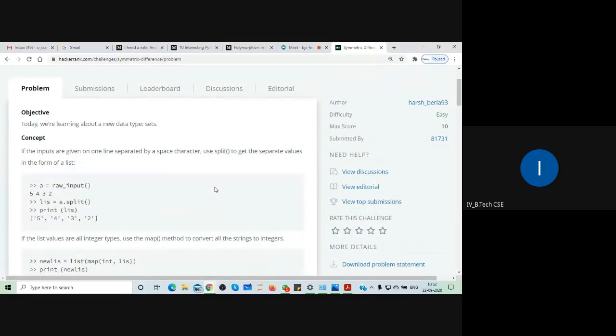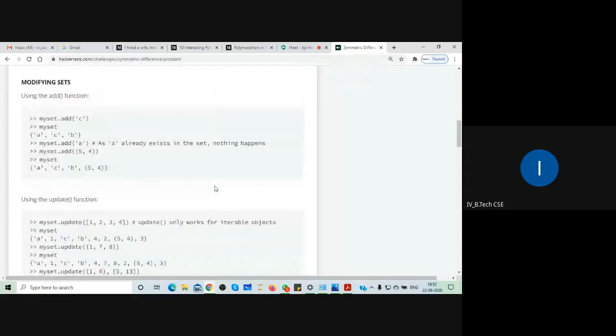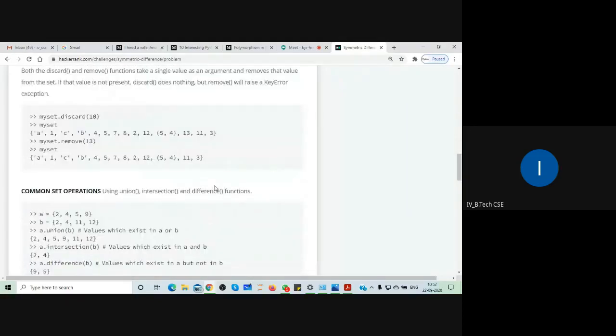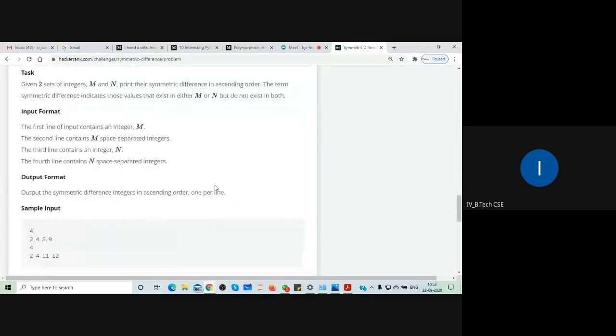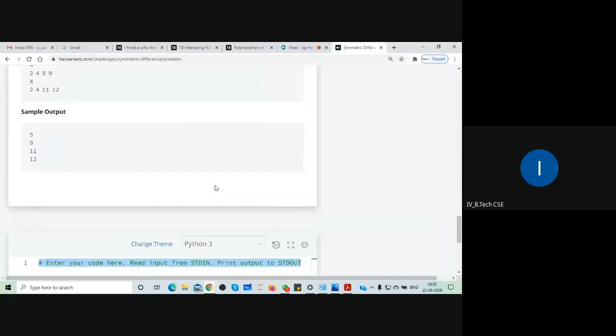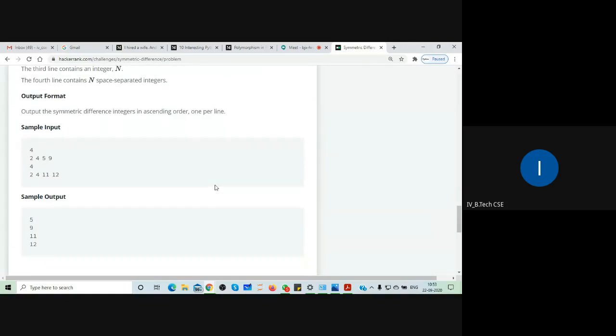The problem is, if the inputs, okay, so here you see, first set we are taking 4 inputs, 2 4 5 9. Second set we are taking input 2 4 11 12.